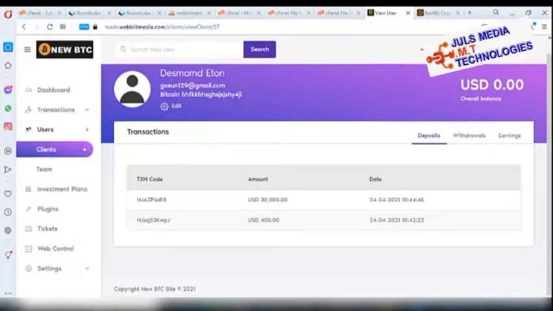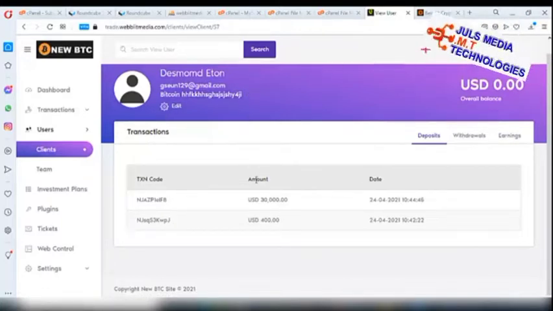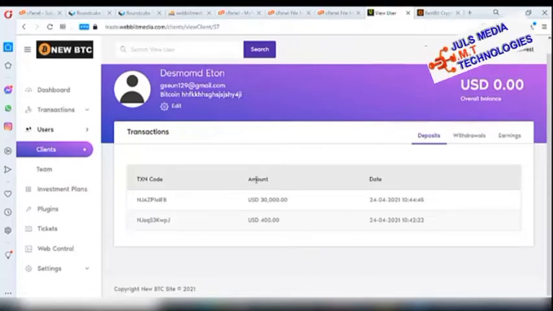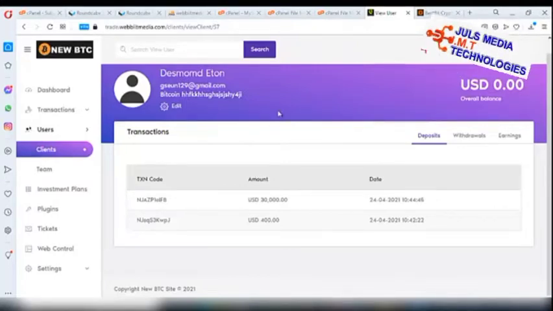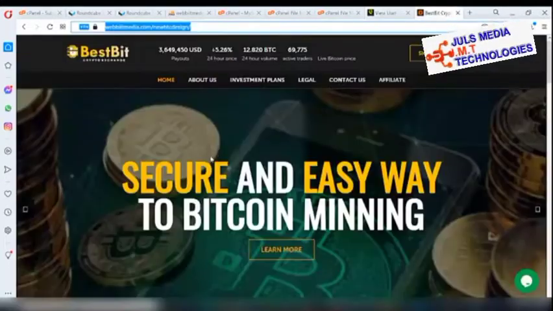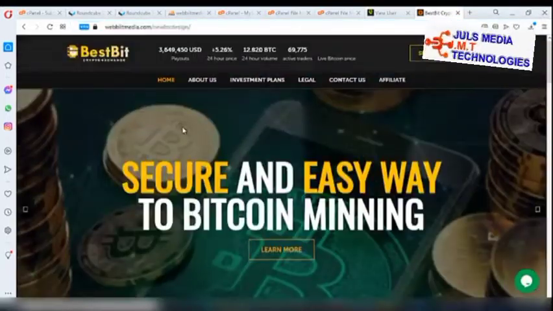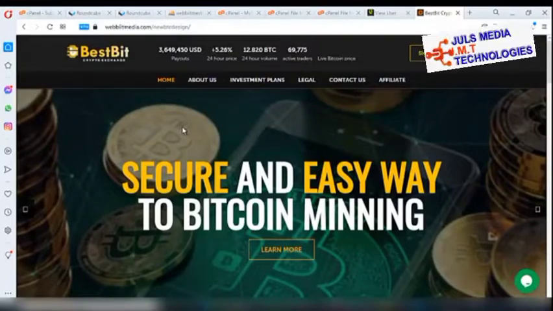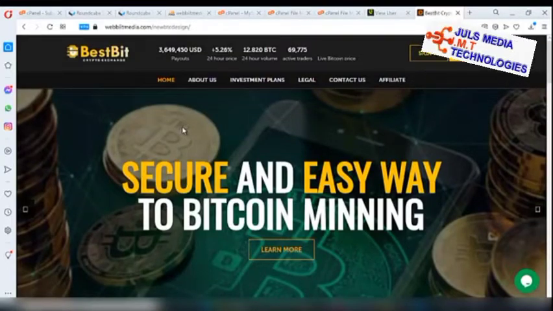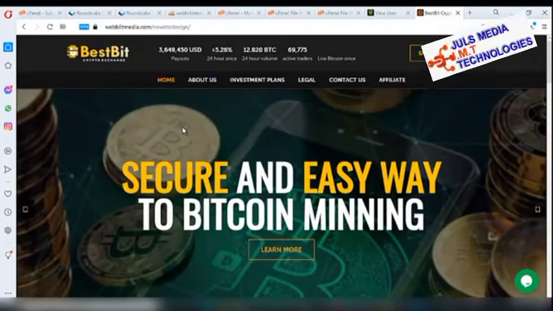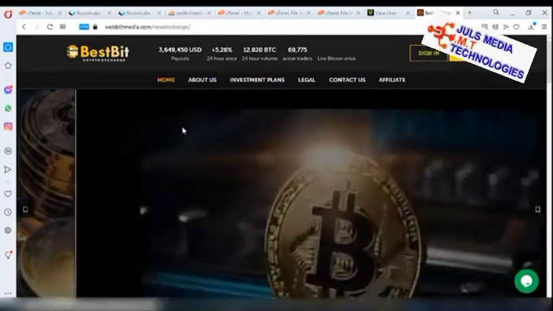And right here, I'm going to see his Bitcoin wallet, in case I want to pay money to his Bitcoin wallet. Wow. So guys, this is how you can create a Bitcoin investment website,